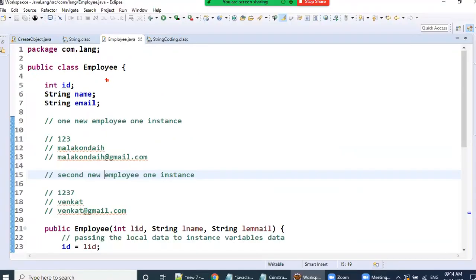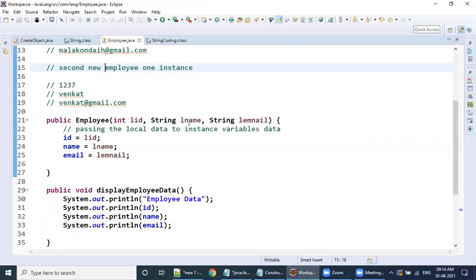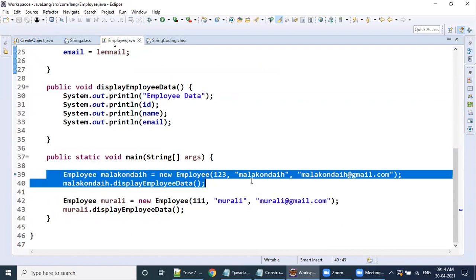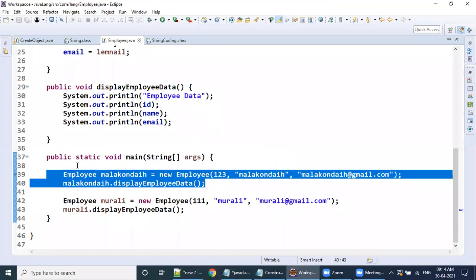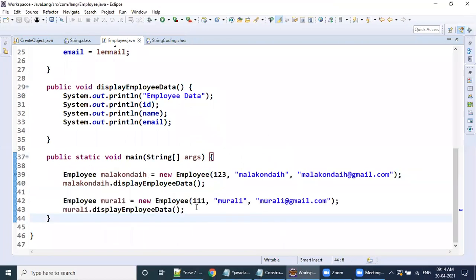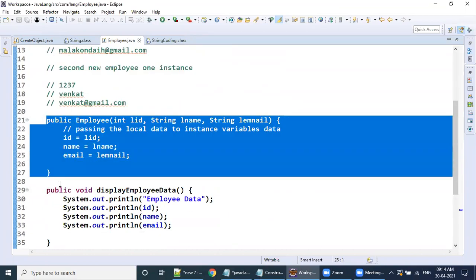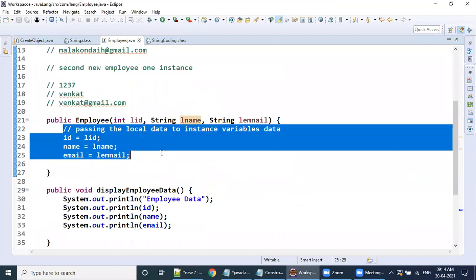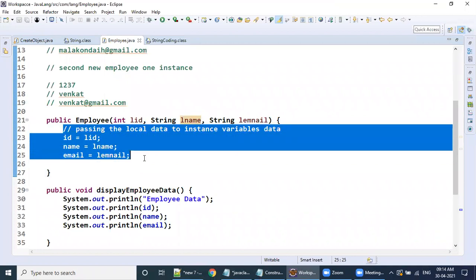If you want to provide some data to your instance variables, we can take the help of a constructor here. Concentrate. Employee Malakondaya, new Employee, we are passing some data and this data will be assigned to your instance variables. One more employee, Murali, that data is passing here. This is one kind of constructor help. Or else, if you want to perform some logic here, that is also fine, we can perform it, but rarely